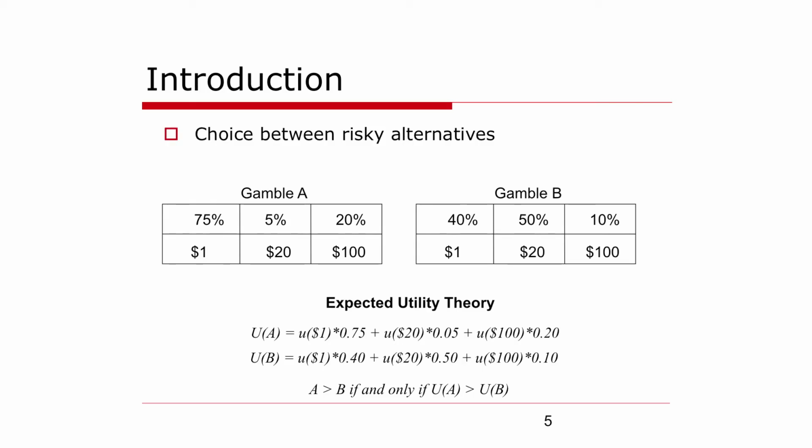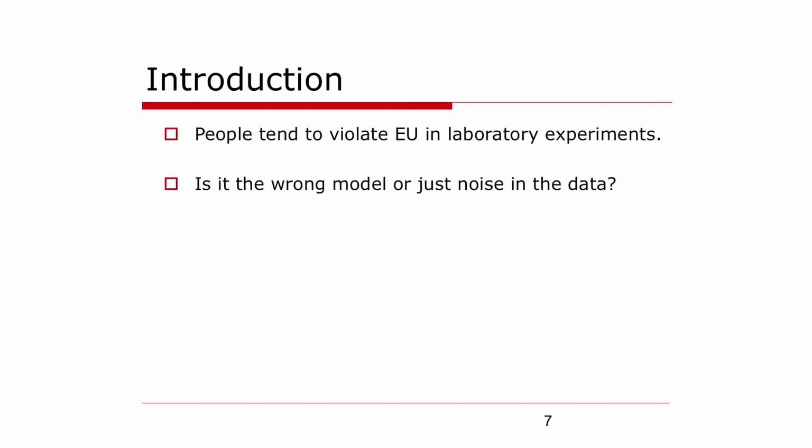One idea would be to maximize expected utility. This is how you compute the expected utility: you multiply each probability by the utility of the dollar value, and then choose the gamble that has the higher expected utility. If you assume a linear, identity utility function just for the moment, gamble A has the higher expected utility, and you may want to choose gamble A. But it has been shown numerous times over many years